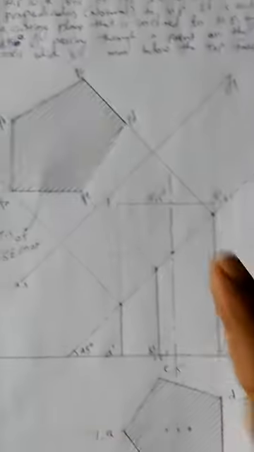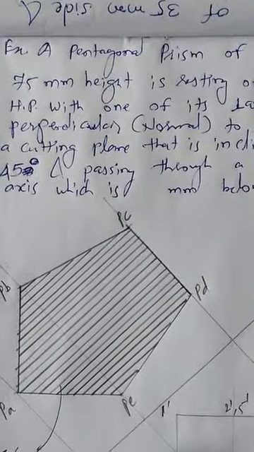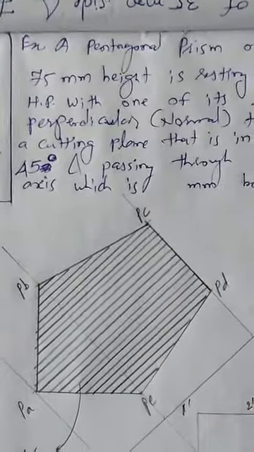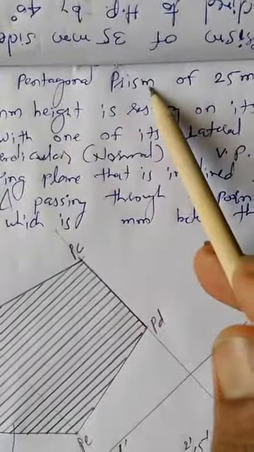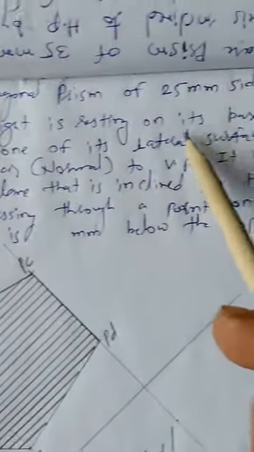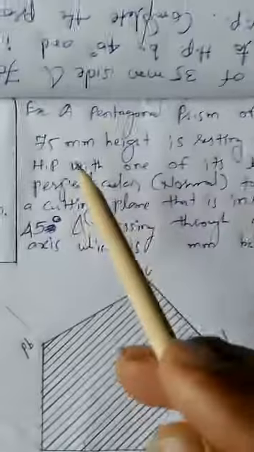Hello friends, we'll have the next problem of the section of solids. Just see the narration. What is the exercise? We'll see. A pentagonal prism, a solid of 25 mm side and 75 mm height, is resting on its base on